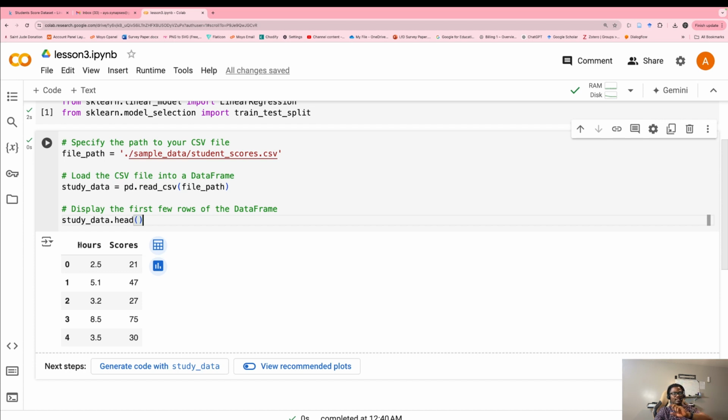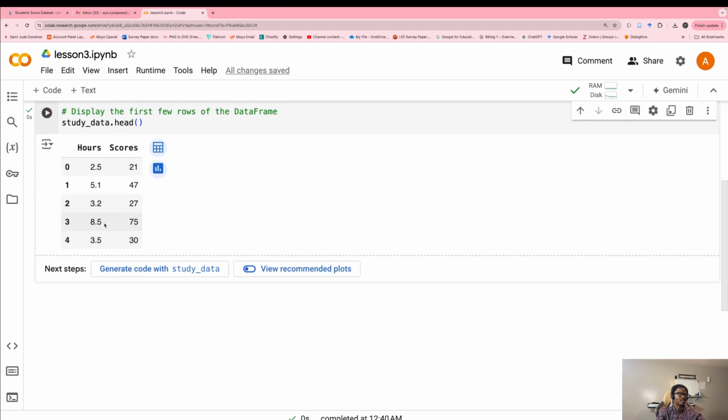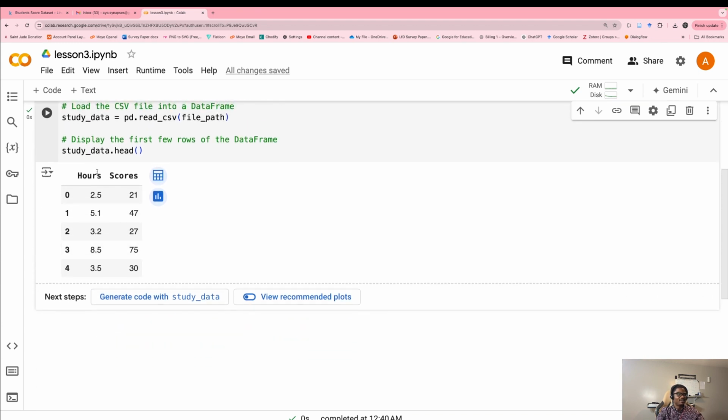Then I gave the example of the baby age and height. So now it is study hours and exam score. So this is saying that if you study for this amount of time, what is going to be your score in your exam. Okay, that's what this is trying to say. And this is just sample data, it's not real data. It's just to teach you guys how linear regression works. So you can see these are the first few data points in there. Okay, so hopefully you don't have errors.